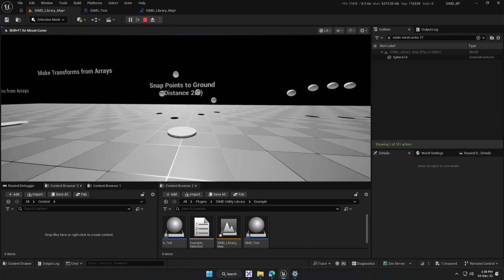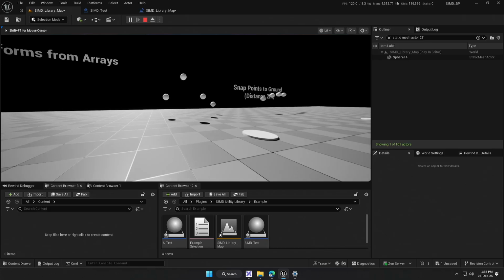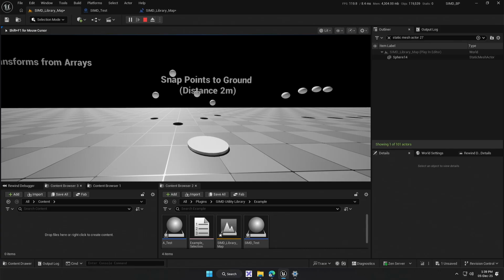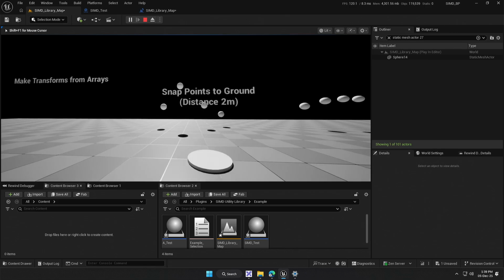You have a snap points to ground, and for this one, if you look at its cost, this one might be a bit more expensive than some others, but that is because we have to start using Unreal's functions that do some calculations. So snap points to ground needs to ray trace below itself, it needs to check the collision, and then based on the collision it changes the location. So it does some stuff that